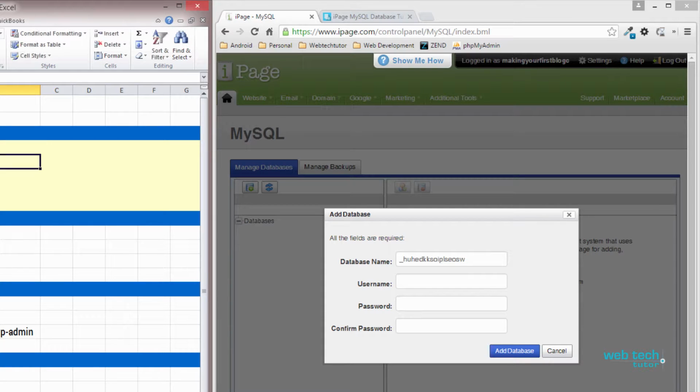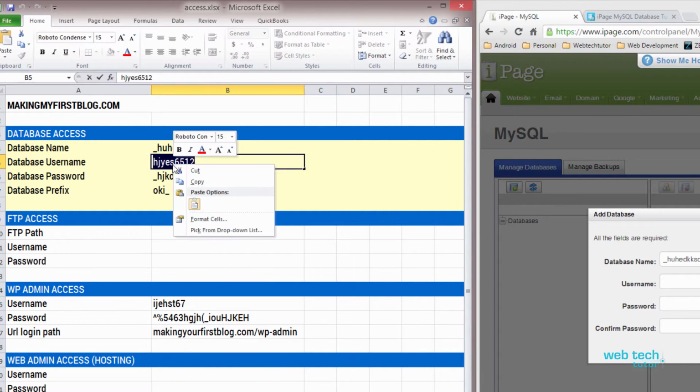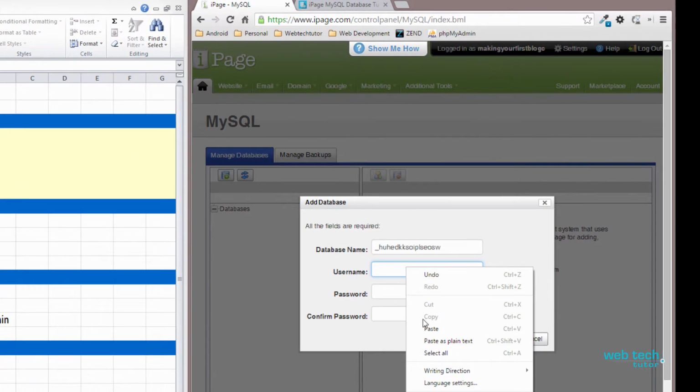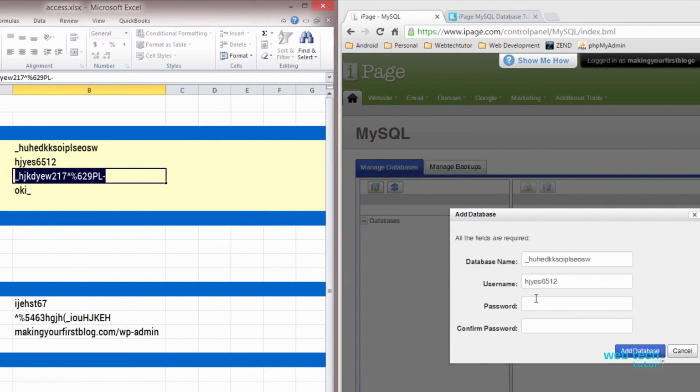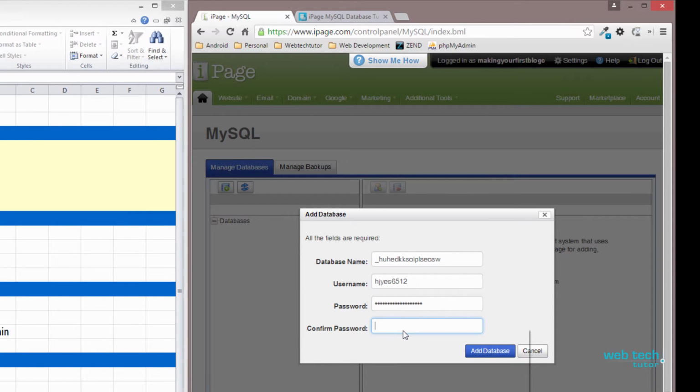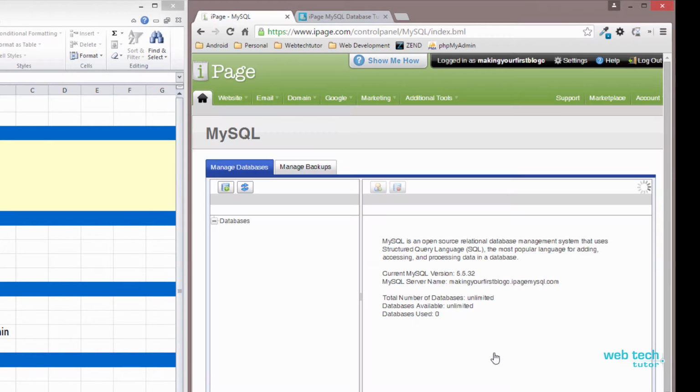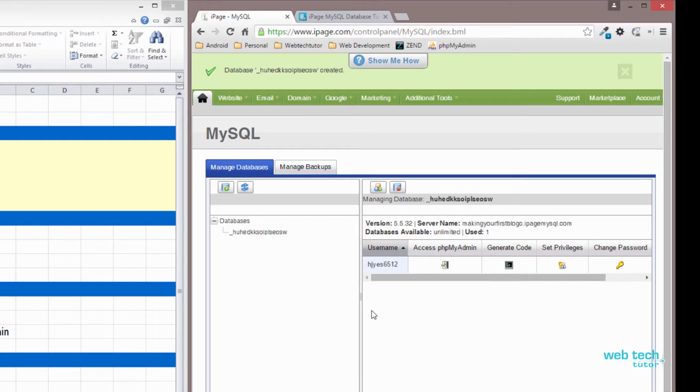All right, so let me grab the username. I'm going to copy that, paste, password. And you notice I'm double clicking and selecting the actual password this way because there might be a space that you have put in inadvertently or forgot about. It's just better to select the whole keyword or the whole phrase. Okay, so paste, and then say add. Right, database created, and here you see the user is created